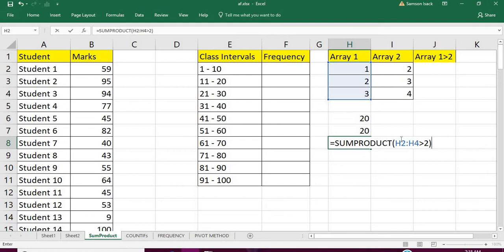Okay, so instead of giving the array, you check with a logical condition, and then you get a set of true or false. Okay, so what is this array? Now I am going to write it down here. Array1 is